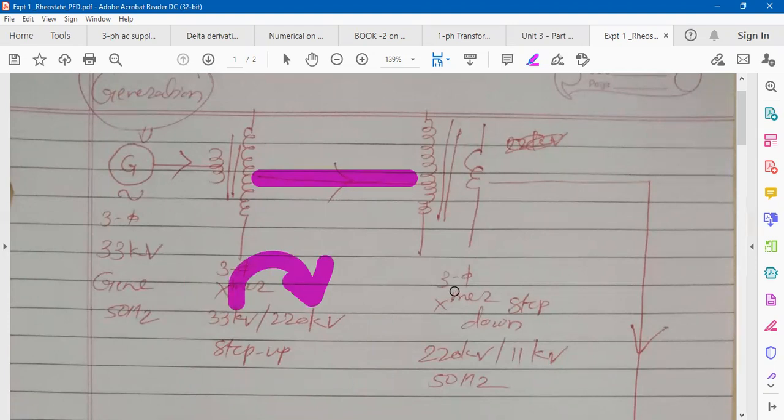Got it? So if we use the step up transformer here, as the voltage gets stepped up from 33 kV to 220 kV, current will be less. So I square R losses will be less. So electricity is transmitted over a larger distance with less transmission losses as there is a reduction in current, isn't it? At 220 kV, three phases. Then we don't want 220 kV. We want how much? 220 volt, isn't it?